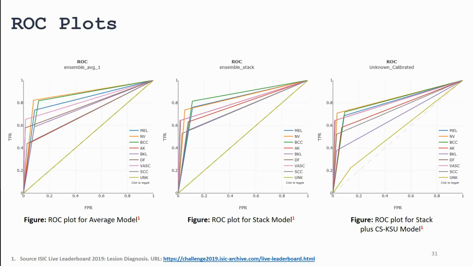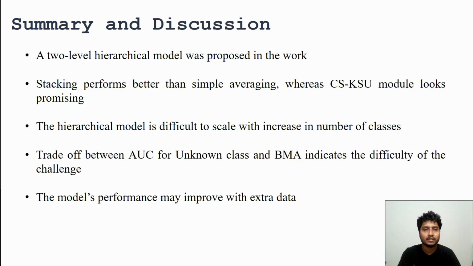These are the ROC plots for each of our methods as discussed before and can be found on the ISIC 2019 Live Leaderboard. To summarize, we have proposed a 2-level model where we observed that stacking outperforms simple averaging of base learners. CSKSU modules give promising results but may not scale well with increase in number of classes. The trade-off between increase in AUC for unknown class and decrease in overall BMA score highlights the difficulty of the challenge. We further believe that